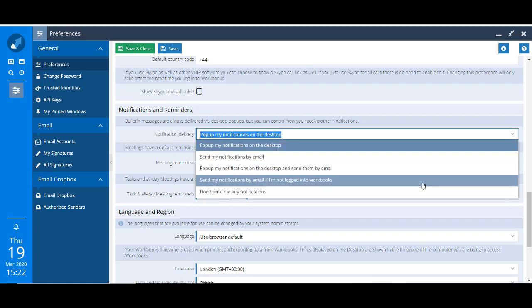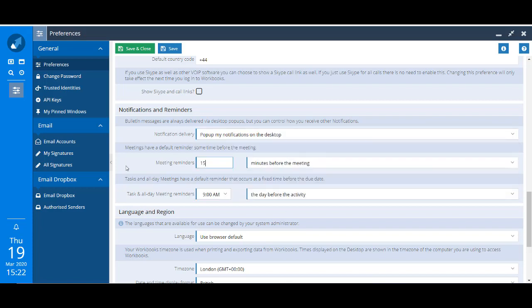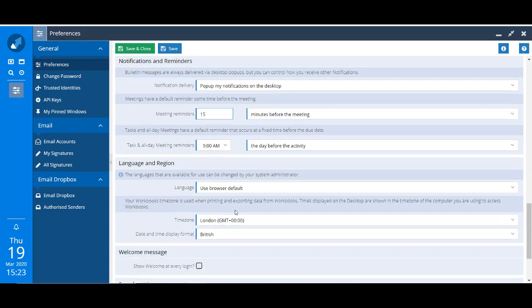By default, they will pop up on your Workbooks desktop, but you do have some other options. A popular one is to send the notifications via email if you're not logged into Workbooks, which can be very handy if you've synced up your emails and your mobile phone, because it means you'll get the notifications on your phone. You can also, if I click away from here, set the default behavior for meetings and tasks in terms of how far in advance of those meetings and tasks the reminder is set for, but you can change it individually